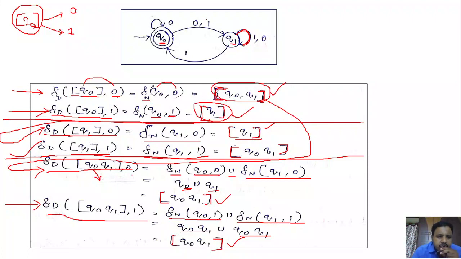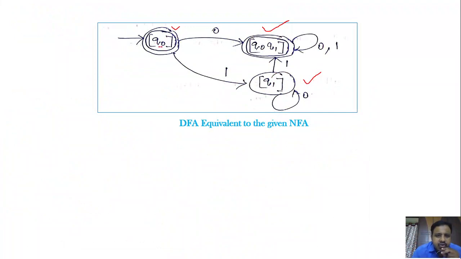Okay. So here you could see Q0 will become a final state in the DFA. And the next one, Q0, Q1. In this state, Q0, Q1, we are having Q0 as a member. So you have to mark it as a final state. Okay. So two final states will be there in the DFA. See here, Q0 will be the final state. And the next one, Q0, Q1, will be the final state. Why? Because this Q0 is the final state in the NFA and this Q0 is the member in the DFA state, right? So wherever you find the Q0, you have to mark it as a final state. Okay. So that is the reason we got Q0 and Q0, Q1 as final states.